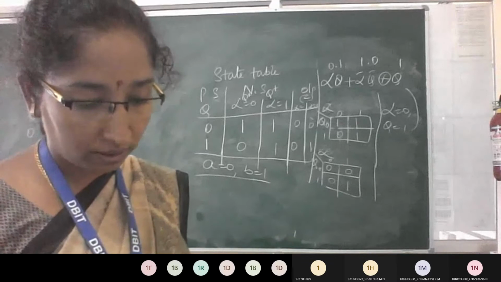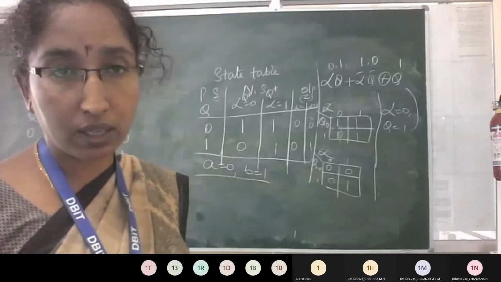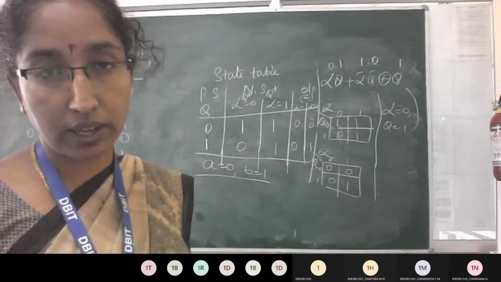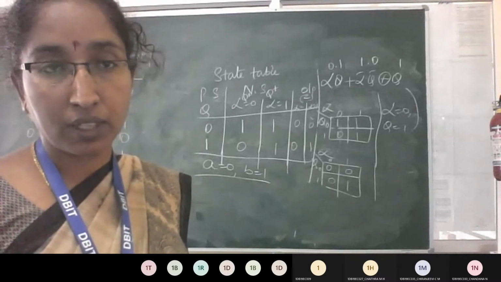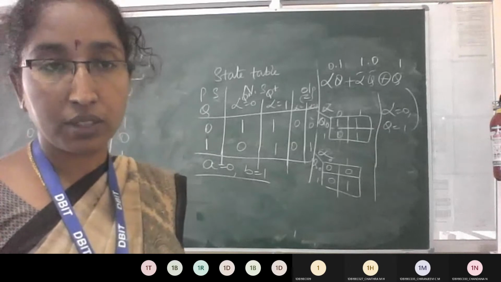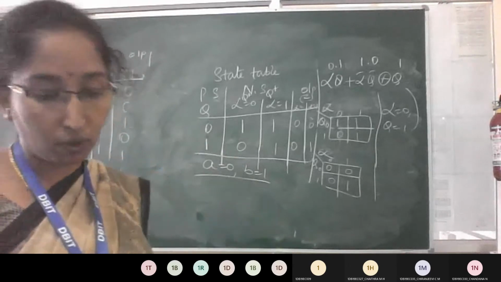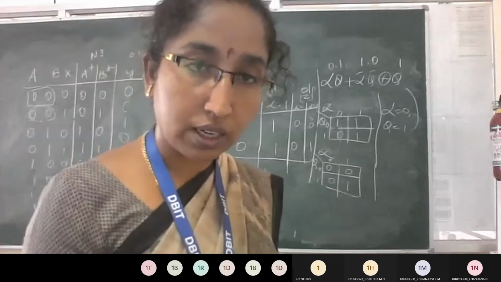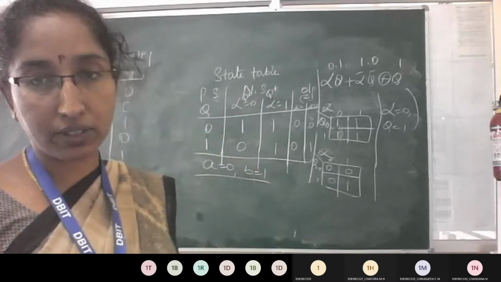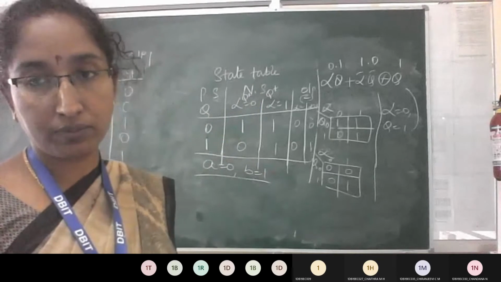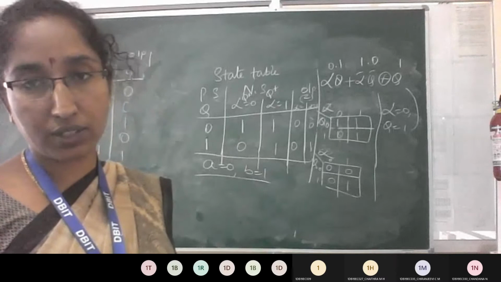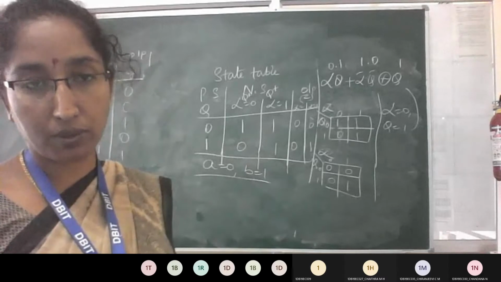Construct a state diagram for the particular sequence. Construct means you need to draw only the sequence detector state diagram. If they ask for the design for a particular sequence, you need to continue like how you design a counter, it will continue from the state diagram. Just as you drew the state diagram, for the sequence detector also the same procedure: draw the state diagram, state table, transition table, then the logic circuit using particular flip-flops.